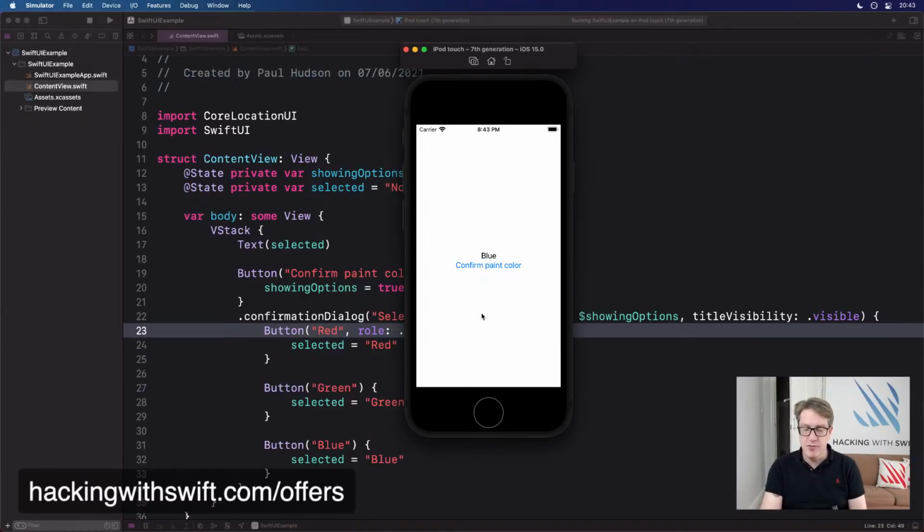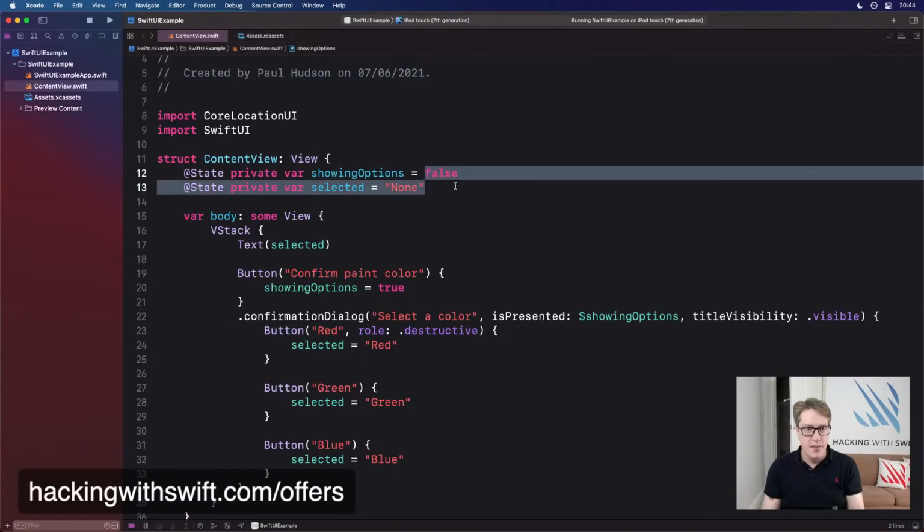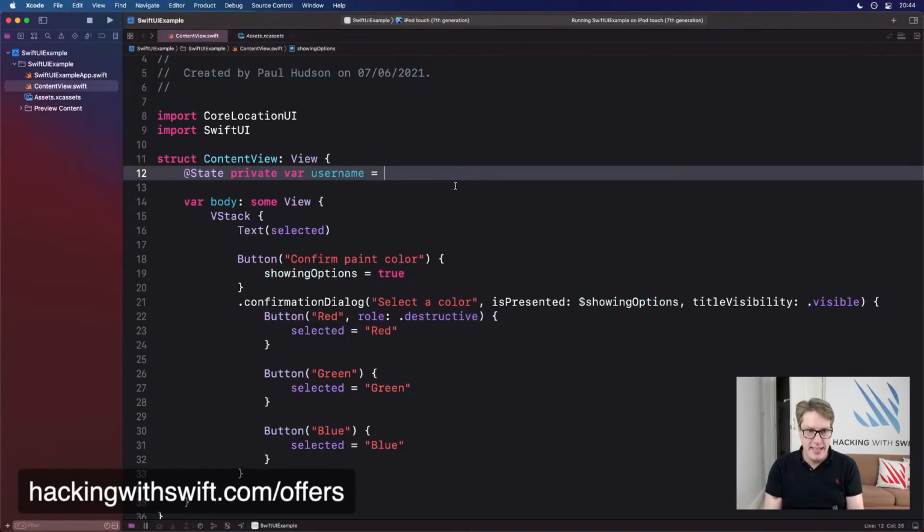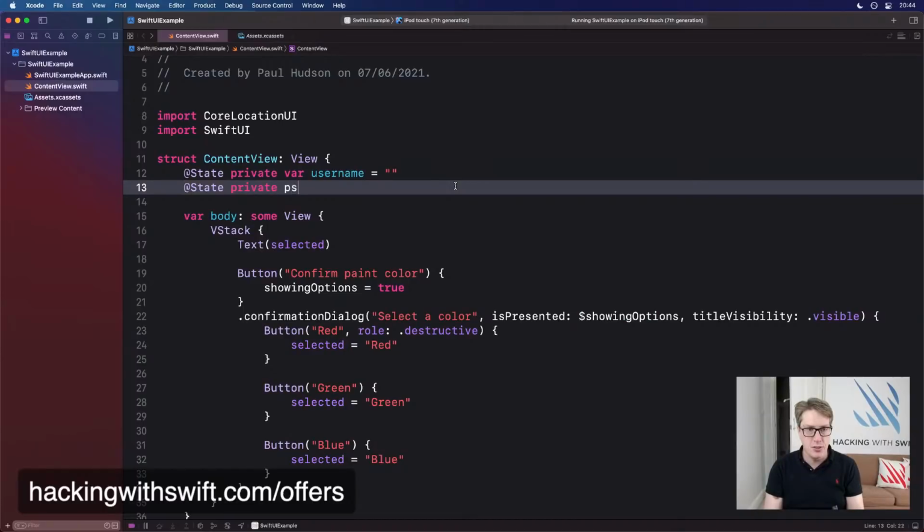What else? We've already seen onSubmit. onSubmit's really nice because obviously you can navigate through form fields. It might get better in the future, but what we had before was, I'll show you an example. We had the ability to say username is an empty string and password is an empty string.